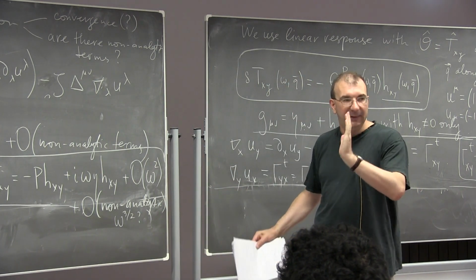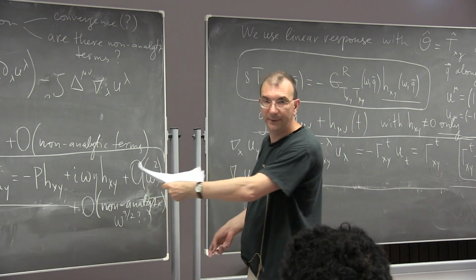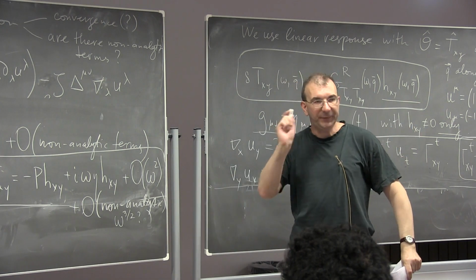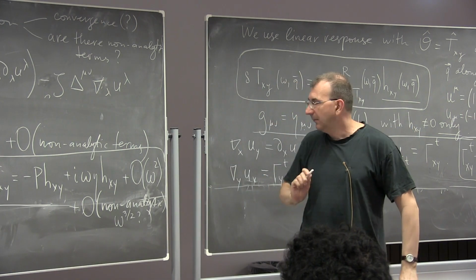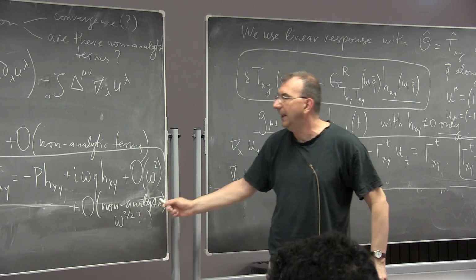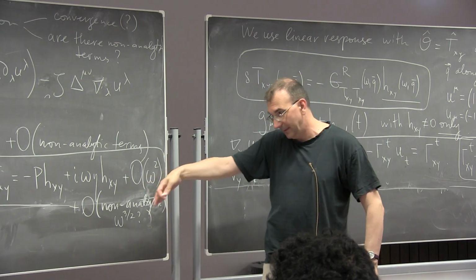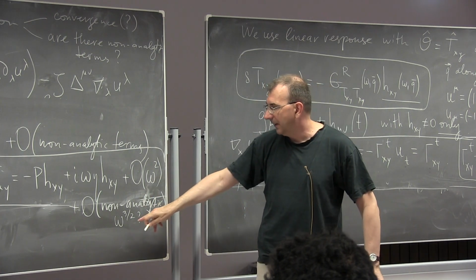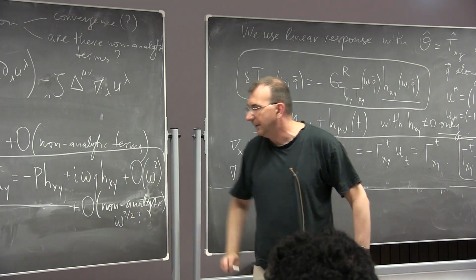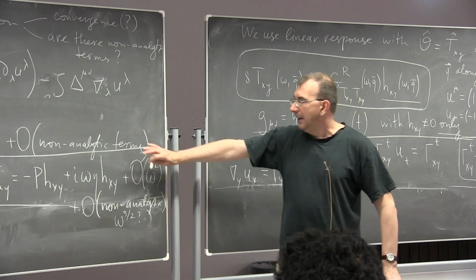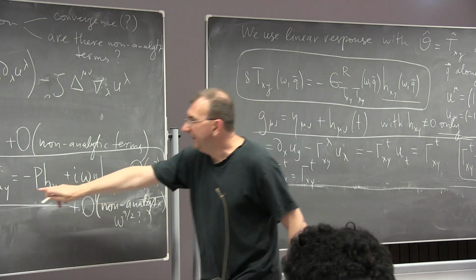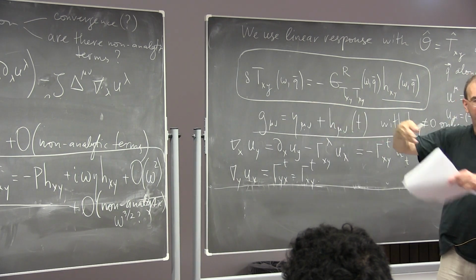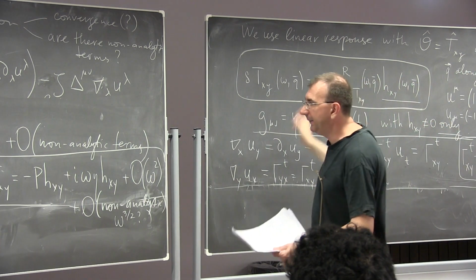I can truncate, assuming that my omega is small and q is small, right? It means that I kill this whole infinite tail, and I also have to do something about non-analytic terms, but non-analytic terms will only be higher powers. I don't prove it here, but that's a fact of life, and you can show it. They will be powers which are higher than the first power of omega. But if I don't truncate, then this delta txy is exactly the same as this delta txy here, and therefore I can equate them.